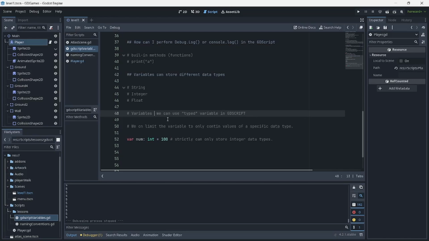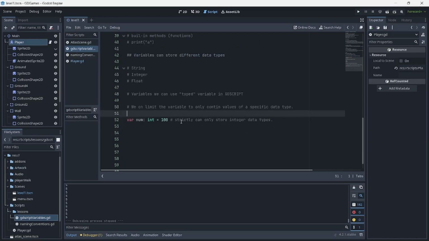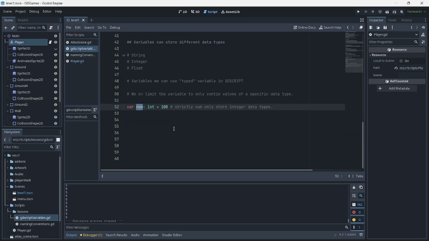It will be strictly limited, limiting the value of what we will be using as a data type as we try to store it in our variable declaration and initialization.